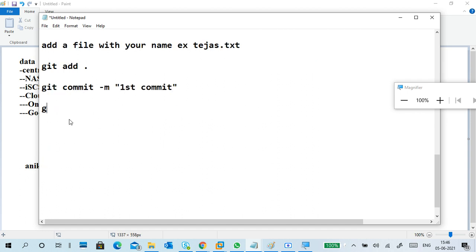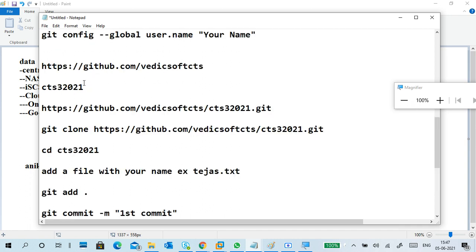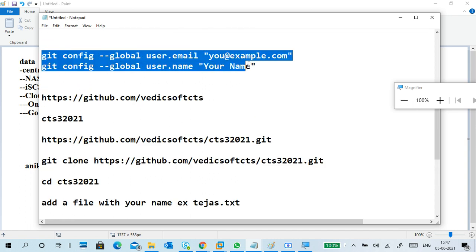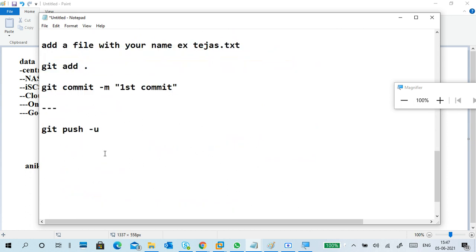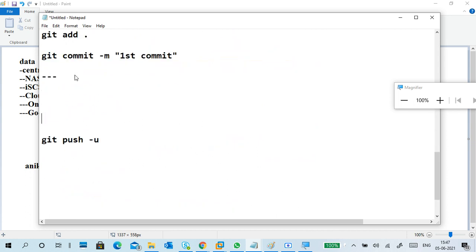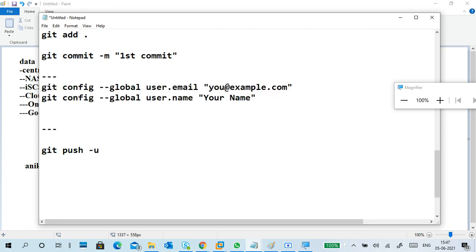After this, you have to do git push -u. When you do this for the first time, global configuration commands will come up. First time you do it, compulsorily global configuration commands will be needed. So put something like your name, just an example.